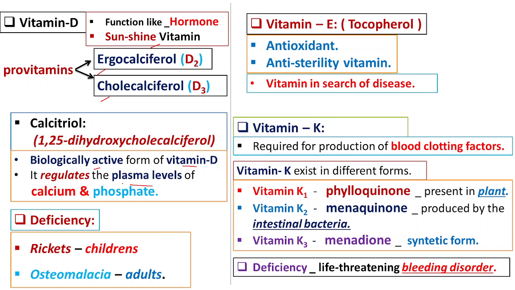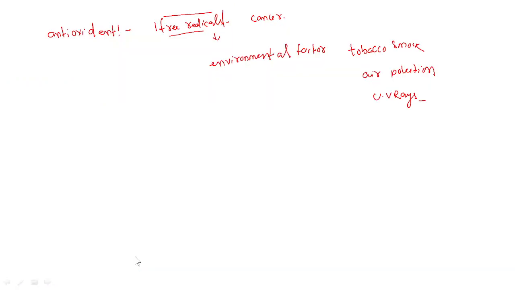Its deficiency is rickets in children and osteomalacia in adults. Right? Rickets in the sense what? Rickets in the sense the bone will not form properly, improper growth of bone. And osteomalacia, what do you mean by osteomalacia? It is softening